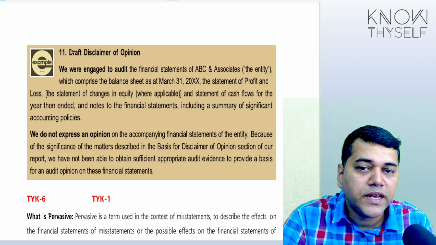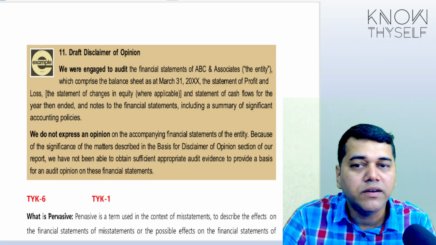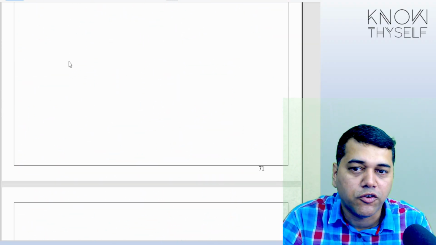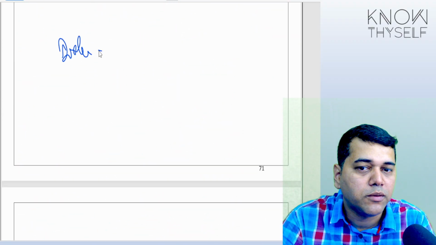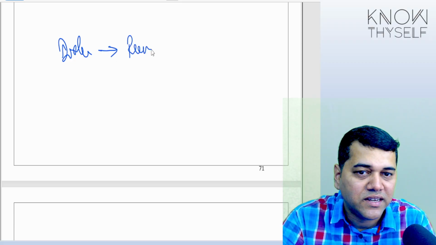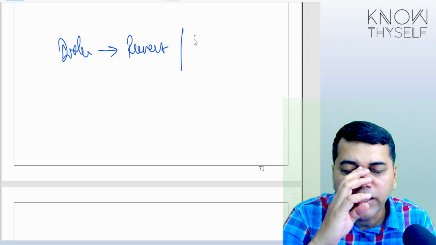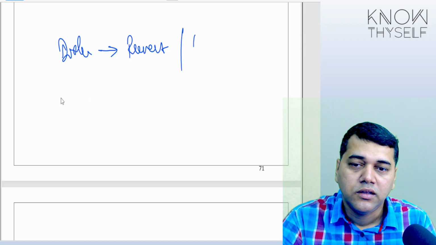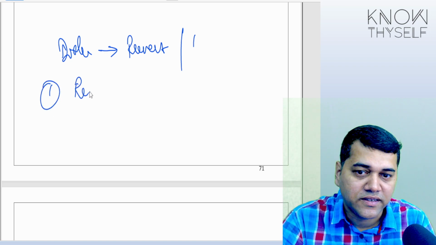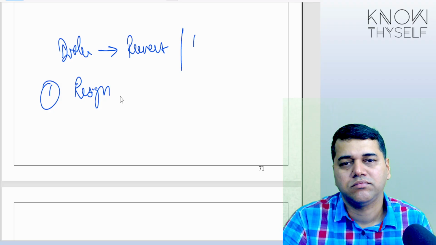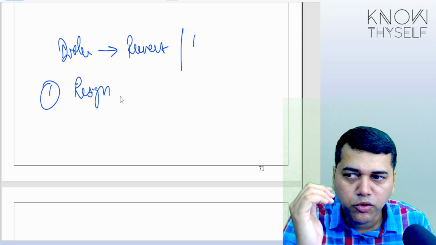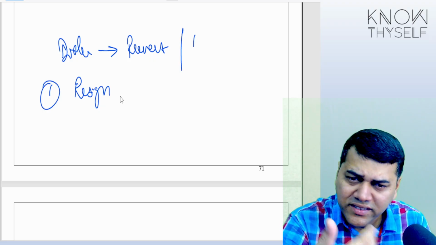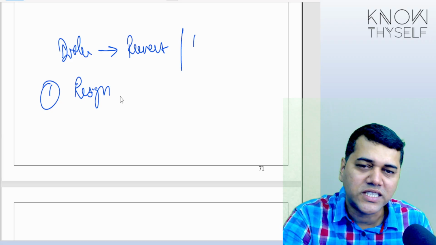So, whenever you are going to give a disclaimer of opinion, later we will come to know. See, if you feel that you have to give a disclaimer of opinion, it is when you are prevented from obtaining evidence, or you didn't get some evidence at the statement as a whole, big level. The standard says first resign. Don't stay there. Always, the moment you feel that you will end up giving a disclaimer of opinion, you resign from that engagement. But don't stay till the end